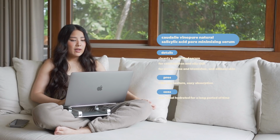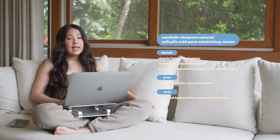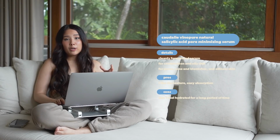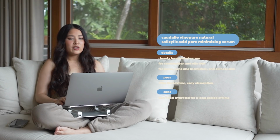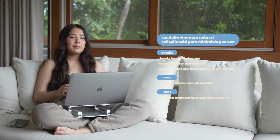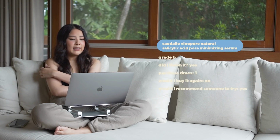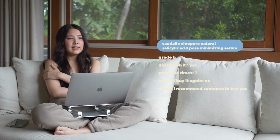It's supposed to have natural salicylic acid and niacinamide to address blackheads, breakouts, pores, excess oil. It's for combination and oily skin. It's a lightweight serum. I would say this one is all right in the books. I wouldn't repurchase this again. This is just a nice regular everyday kind of serum. It is supposed to help minimize acne prone skin and address blackheads, breakouts, pores, and excess oil, but